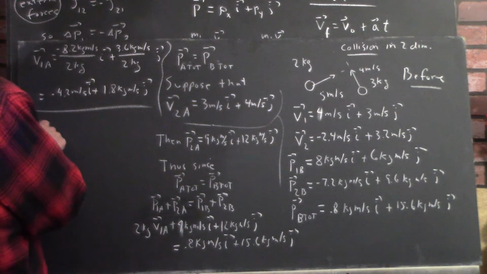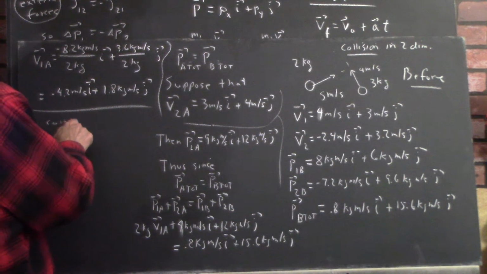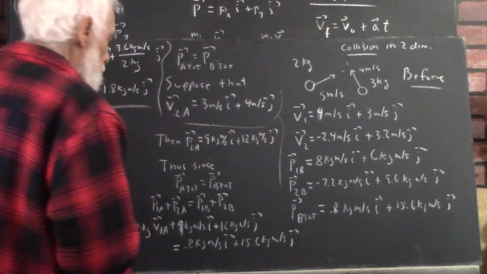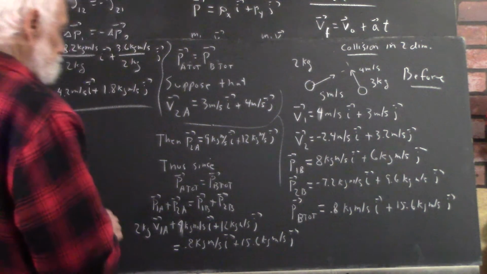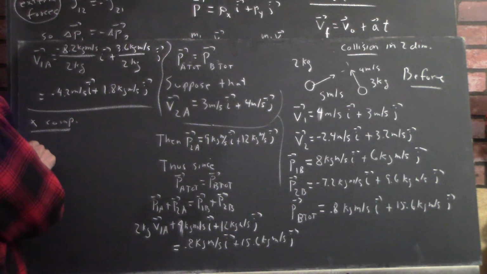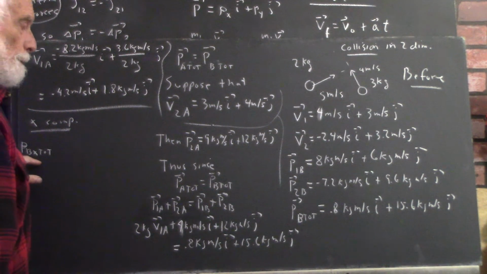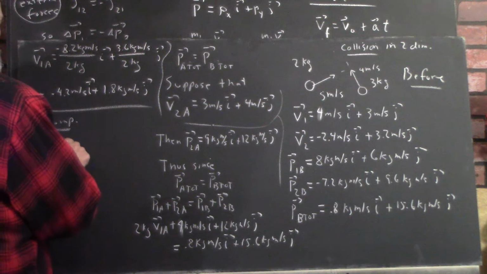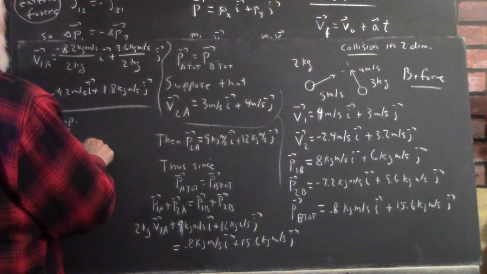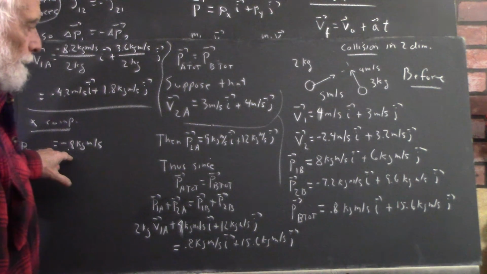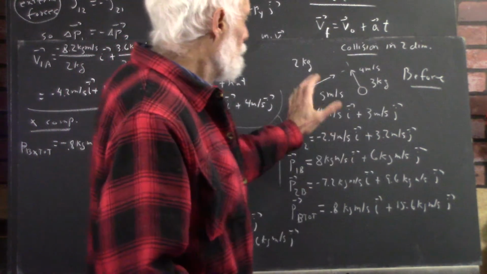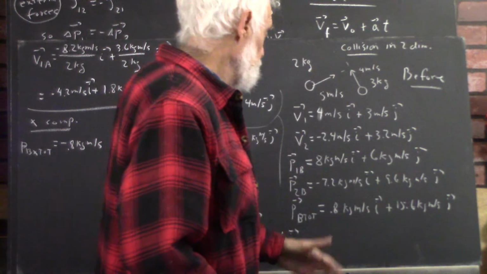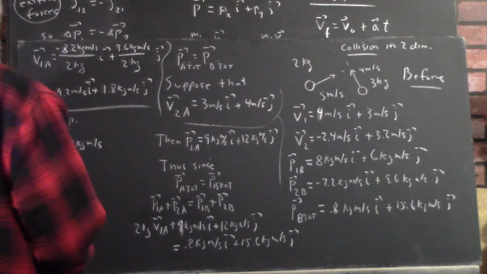We could as well have said that X components are, I'm getting carried away with subscripts, but PBX total is negative 0.8 kilogram meters per second, which is calculated just by ignoring all the J components and figuring out all the I components, or all the X components. And